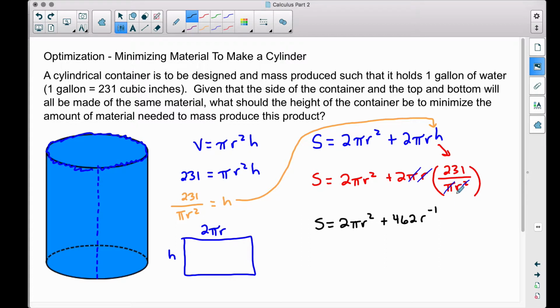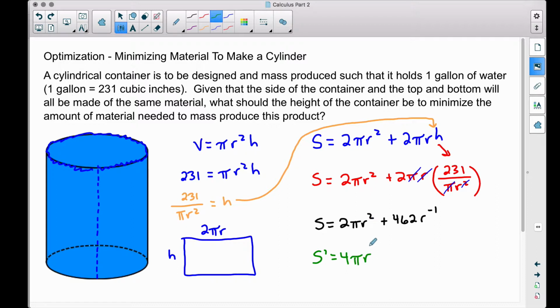Again, we had an r to the first in our denominator. I just shot it up to the top. This is going to help us with differentiating. The reason why we want to find the derivative of this is because we are trying to minimize the amount of material. Material needed to make the cylinder is going to be surface area. Therefore, S prime is equal to, pulling this 2 down and multiplying it by that 2, we have 4 pi